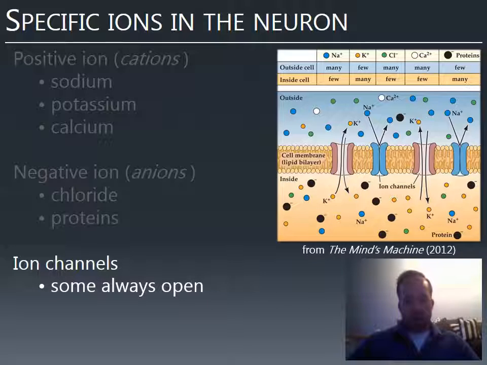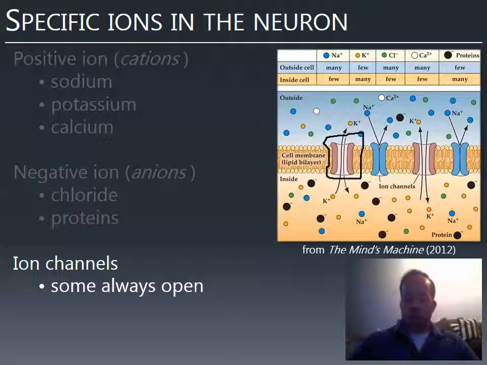Now, some of these ion channels are always open. For example, in this diagram, we have this potassium channel. It just sits there, and it's always open. So it lets potassium out, because there's a lot of potassium inside, not much out, and so potassium tends to go out of the neuron. Now, it turns out there's a little molecule on neurons that is constantly pumping potassium back in and sodium out to maintain those concentration gradients. It wants to keep a lot of sodium out and a lot of potassium in, because then it's ready to fire an electrical impulse, an action potential, whenever it needs to.